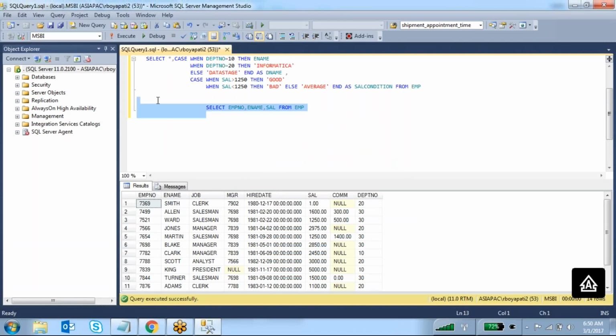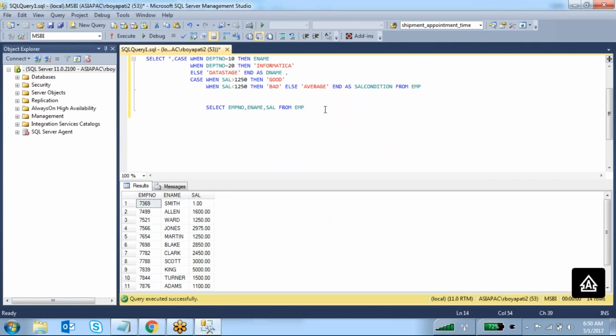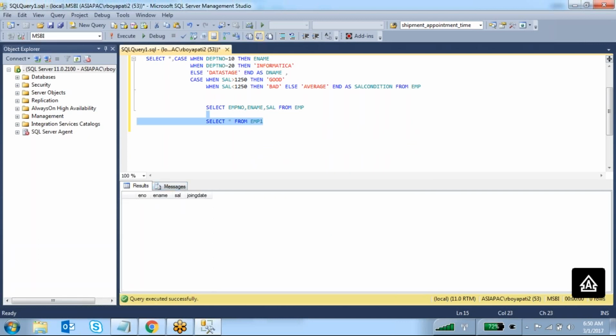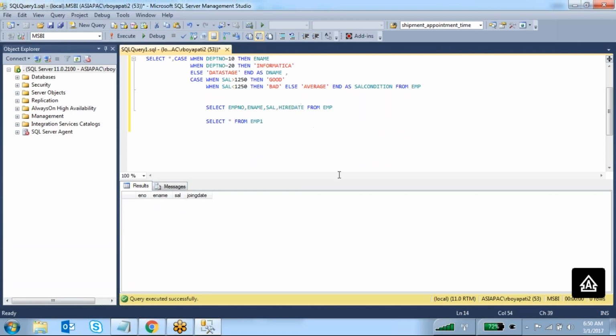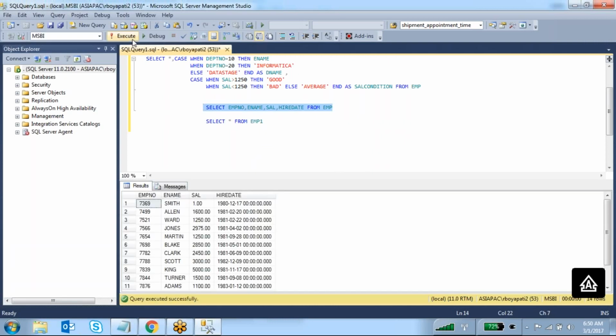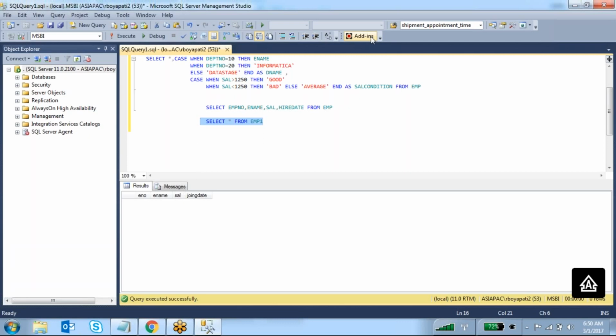I want to move this data into another table, for example, select star from EMP1 table. I want to take higher data also. Whatever data is in the EMP table, I want to copy into the EMP1 table. EMP1 table is empty, it doesn't have anything. Simple, I want to take a backup.